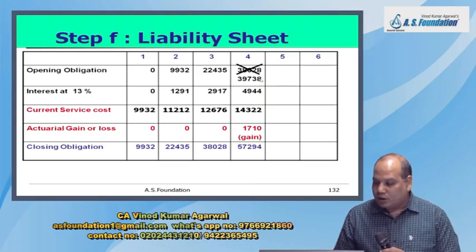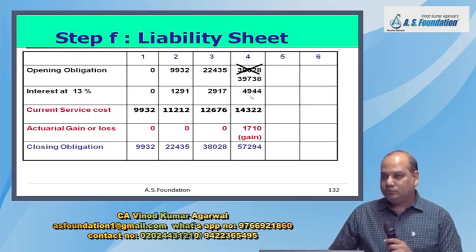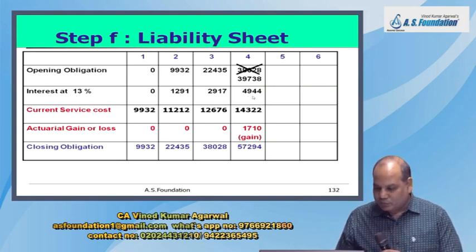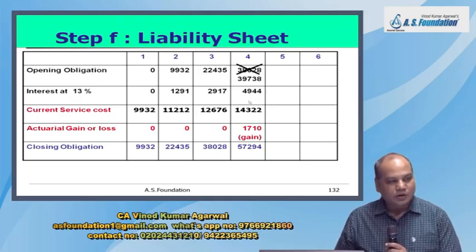Okay. And now I will calculate the interest. On which number will I calculate? On this number only. This year my interest charge will be 38028 into 13%. How much is that? Write in bracket, otherwise you may wonder what this is. My interest calculation will be at the new rate because in the 4th year the estimates have been revised with respect to the discount rate, and it should now be 38028 into 13%.